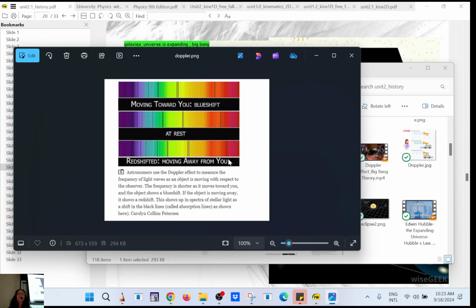On the other side, you have red. Red has a low frequency, and then you have infrared, and then you have microwave, and then you have radio wave, which are not problematic. Okay, so this is low frequency, and this is high frequency. So if you look at galaxies, for example, through a prism, you're going to see those colors, right? And you're going to see that spectrum. If the galaxy is coming toward us, it's going to be blue. The galaxy will appear blue. I'm simplifying. If the galaxy is moving away from us, the galaxy will appear red.